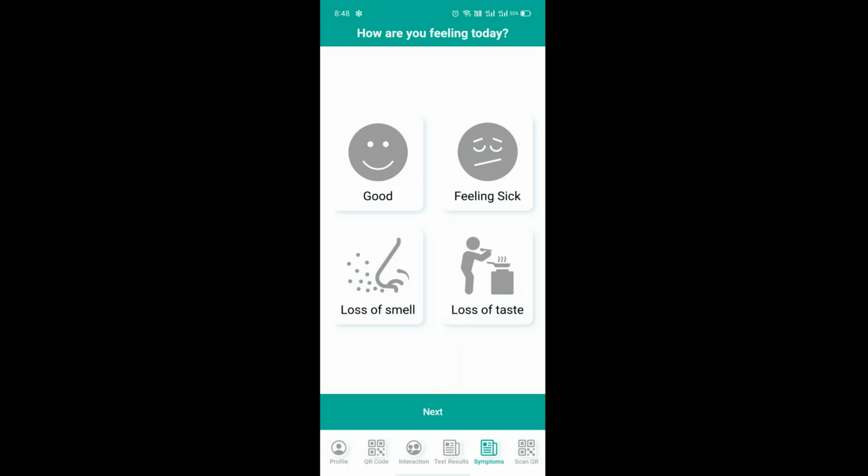We also have a daily symptom reporting. So on a daily basis, we would like to know whether you're feeling good, not good, and certain organizations might want to enforce that on their employees. And we have an option where if you don't do daily symptom reporting, your risk score starts going up slightly. Like if in a 48-hour period, there is no symptom report from you, you will start slowly increasing your risk score until you come back and start reporting back on your symptoms.